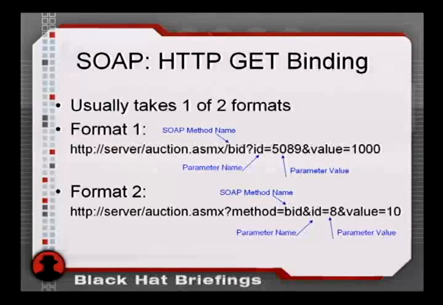So for example, if we wanted to use the GET binding, this typically takes one of two forms. So in this example, we have a file called action.asmx. There's a method in that file called bid. It has two parameters, one called ID and one called value. And so this would make a bid in the amount of $1,000 for the item 5089. So if you think about this, this has all the same problems that we discussed earlier, where you could put this as the source of an image or any place